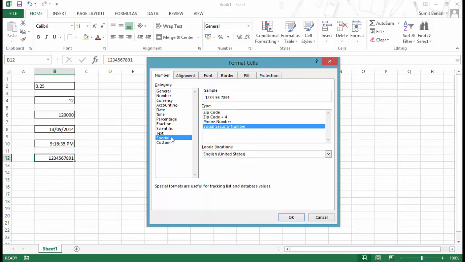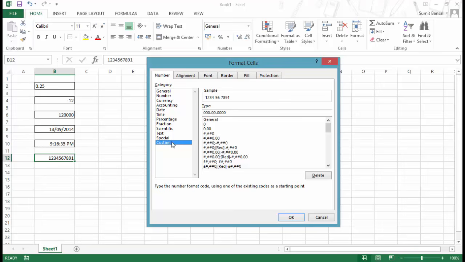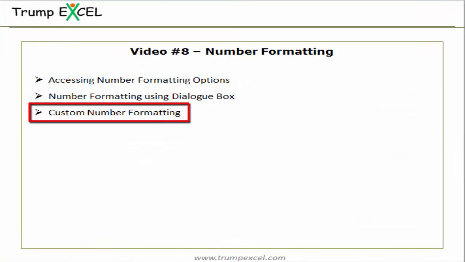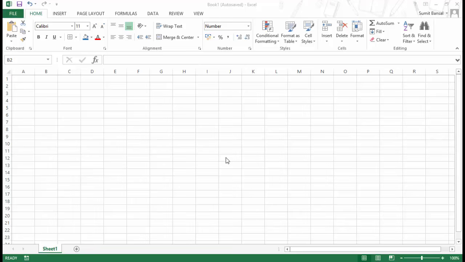But if you still want some other kind of formatting to be applied, then you have this option of custom number formatting. Excel already has a lot of predefined number formats, and that would suffice in most cases. But if you are stuck in a situation where you need to create your own custom number format, it is a good idea to understand the building blocks that can create a custom number format. So in this part of the video, I will talk about these building blocks